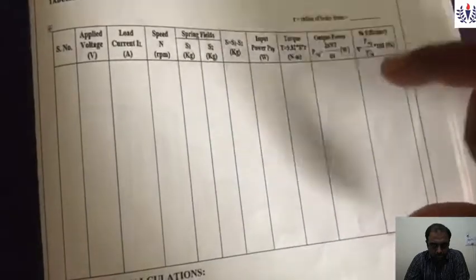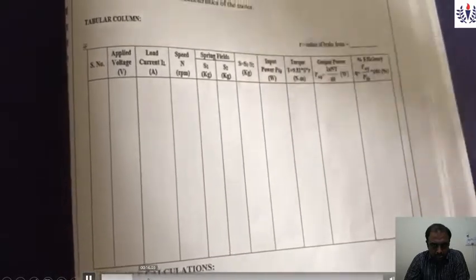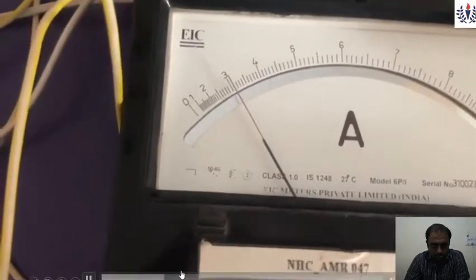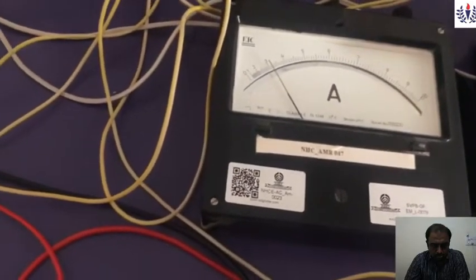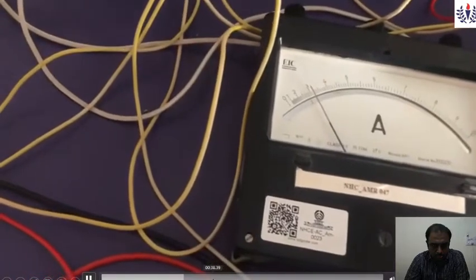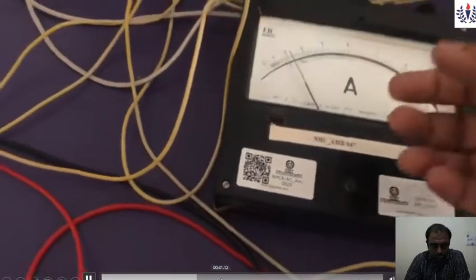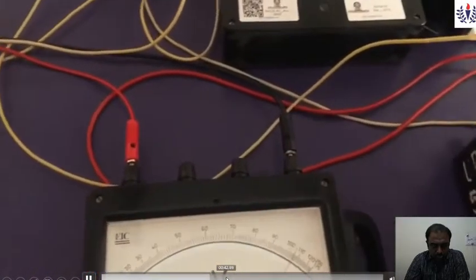Till what instant do we have to run the motor? Till the machine reaches the maximum current, like 4.5 ampere. So we have to maintain the current at 4.5 ampere. Afterwards you should not operate. If you operate it, the machine is running, but it will go to a damaged condition because we are operating the motor above the specification. That is not permitted. So we have to maintain the current and speed.